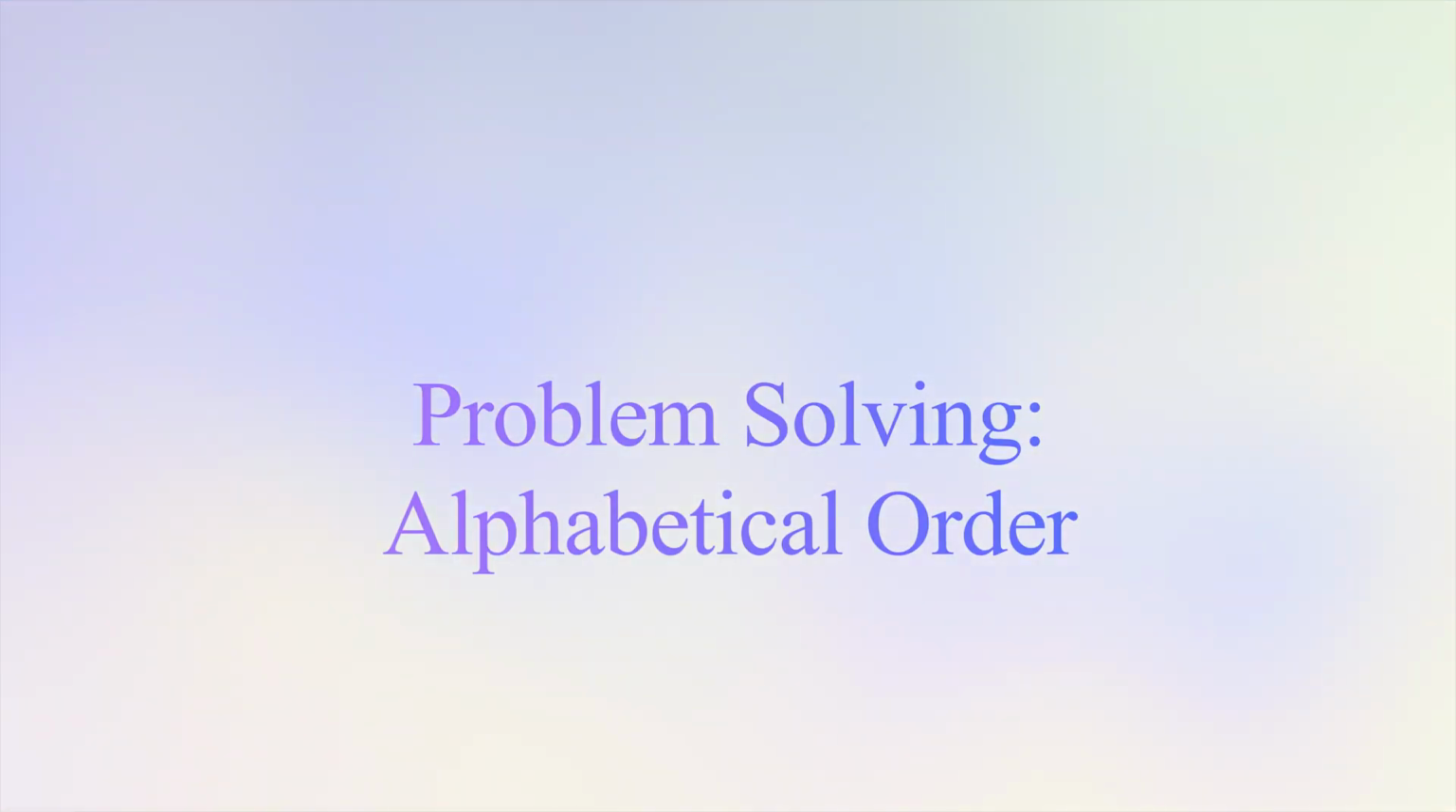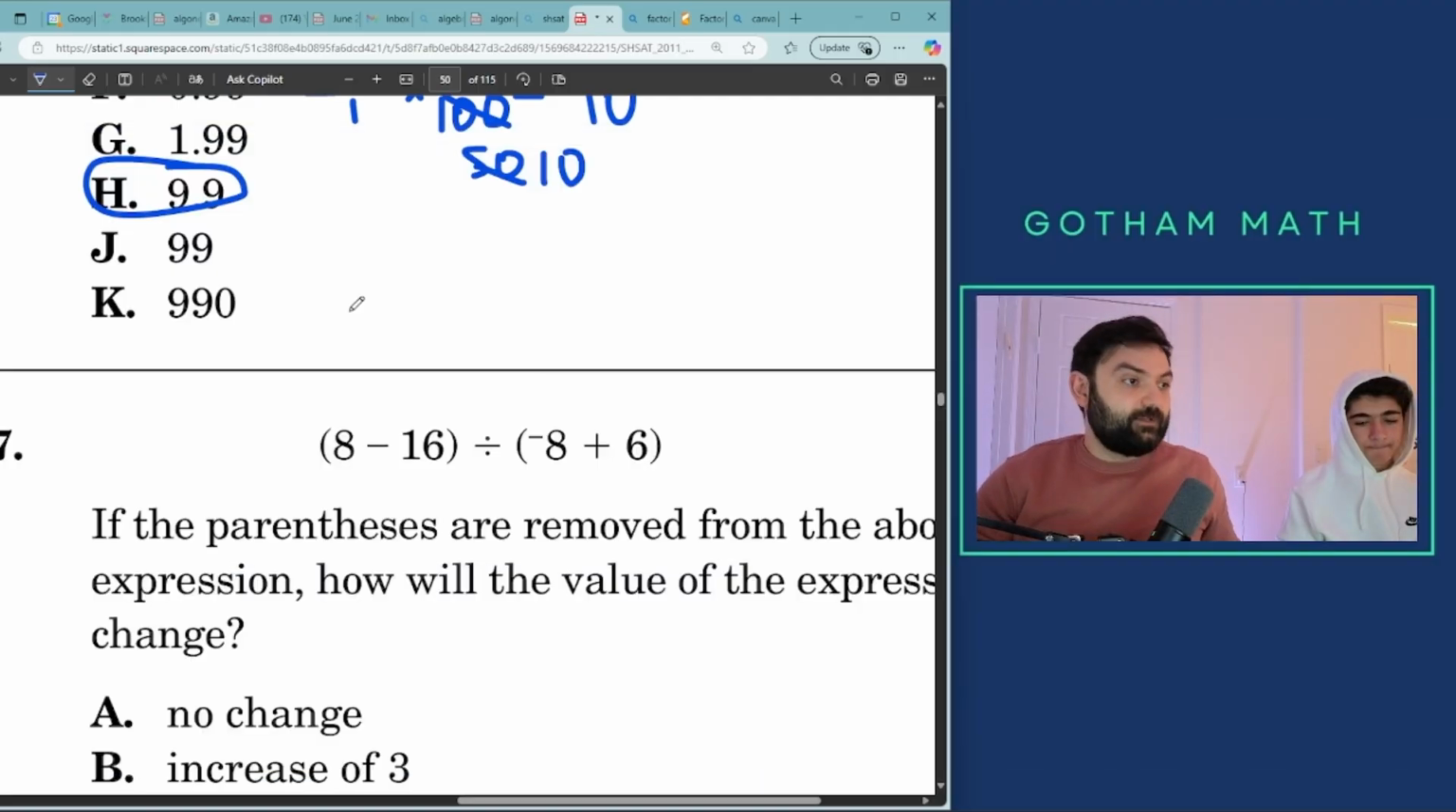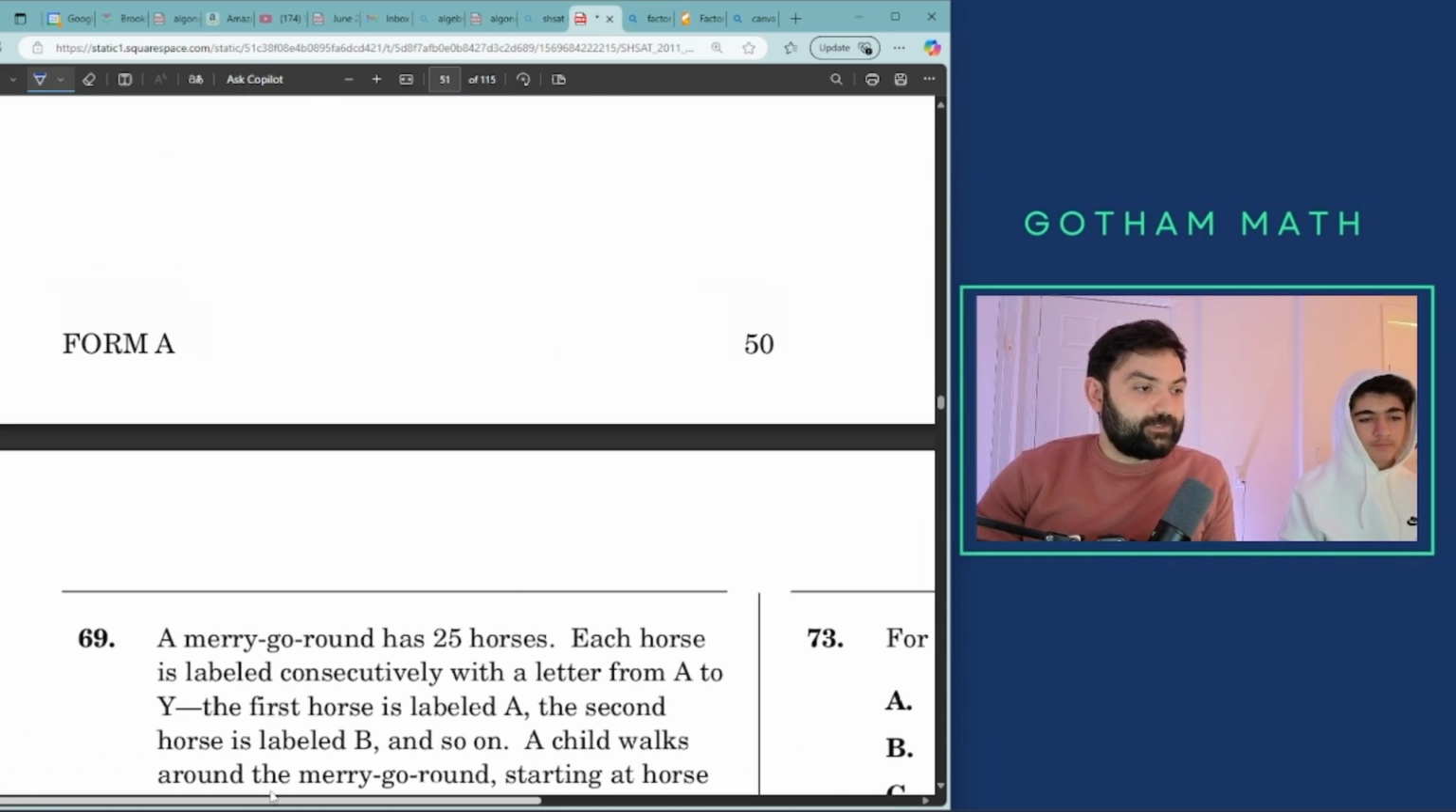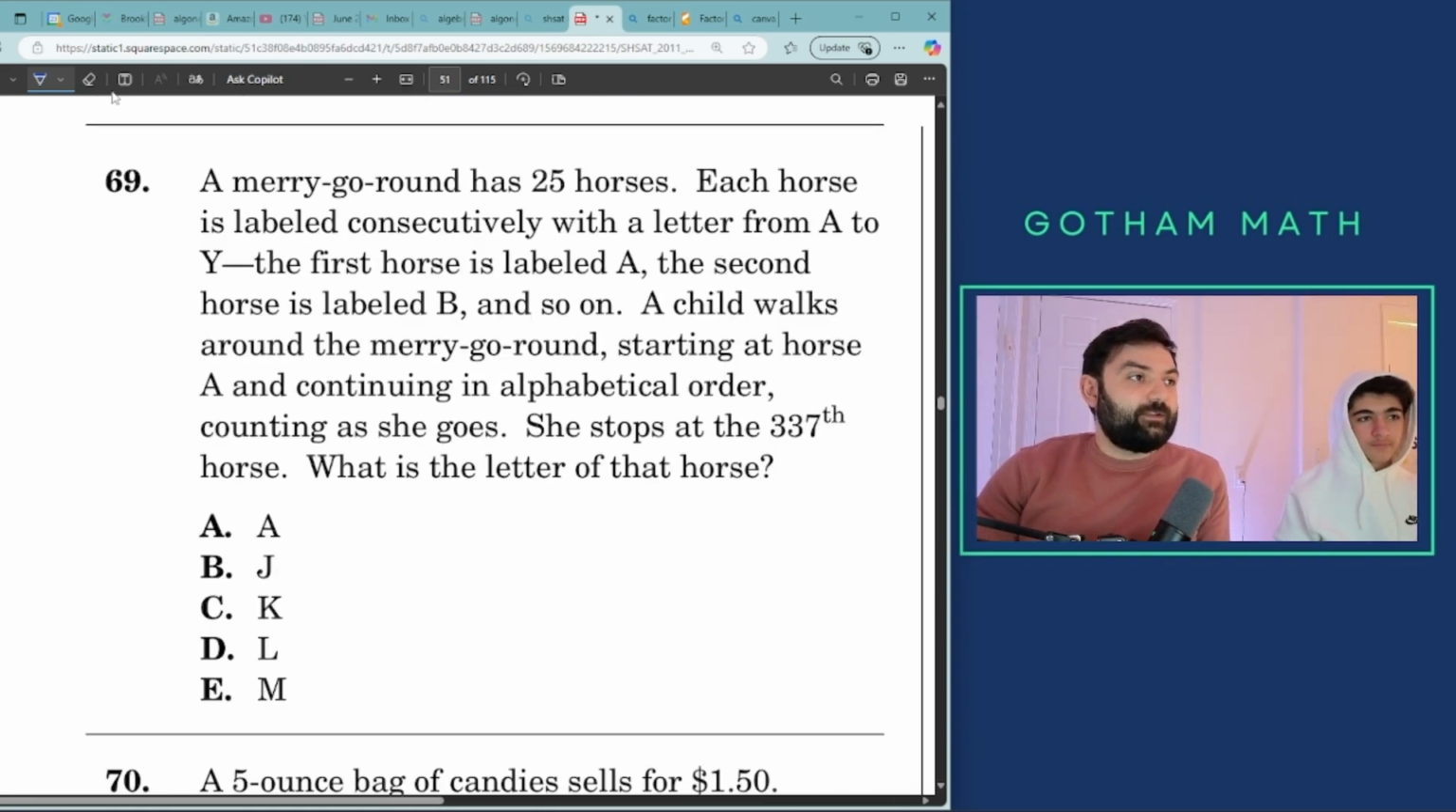And we're going to a big question. Question number 69. Let's go. A merry-go-round has 25 horses. Each horse is labeled consecutively with a letter from A to Y. The first horse is labeled A and the second horse is labeled B, and so on. Well, makes sense, right? So a child walks around the merry-go-round starting at the horse A and continuing in alphabet order,